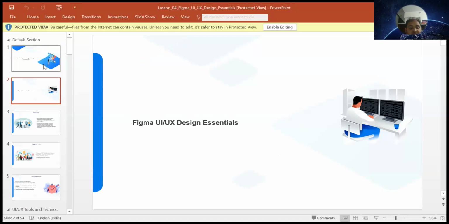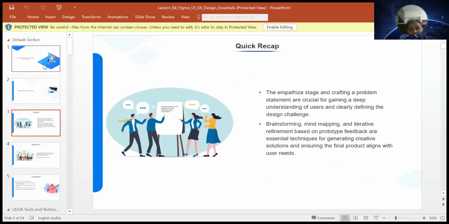It really helps. So today we are going to study the Figma UI UX design essentials. Okay. So a quick recap. Yesterday we studied empathy, like how you are going to empathize with the user. Okay, means you need to understand the user, understand the pain point, understand the needs. Okay, and accordingly brainstorm, define the problem, work on the solution, put it in a wireframe and mock up basically